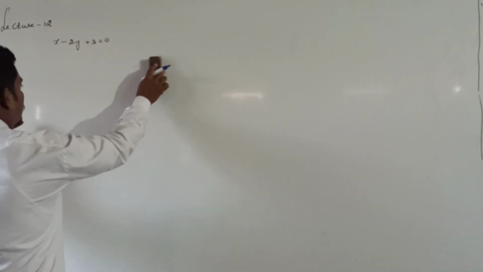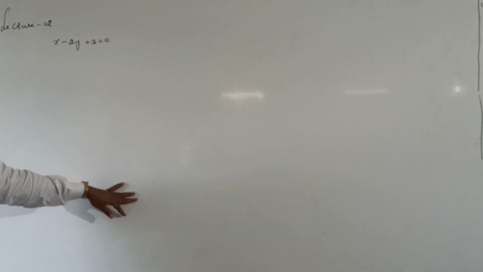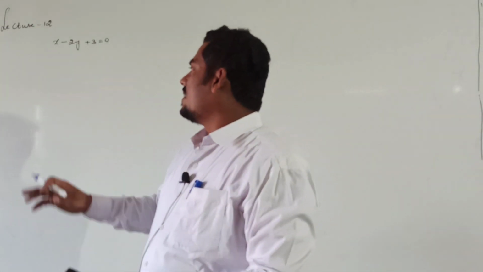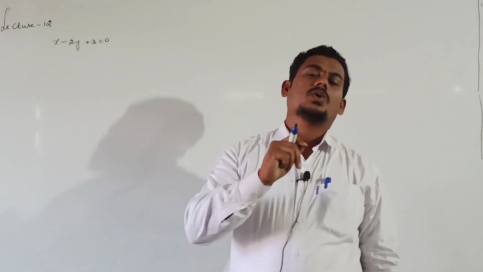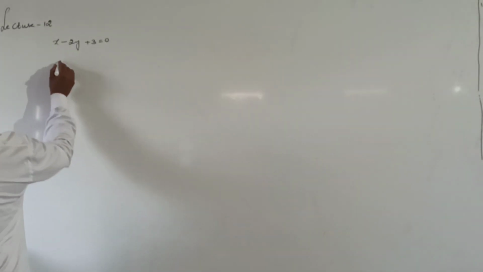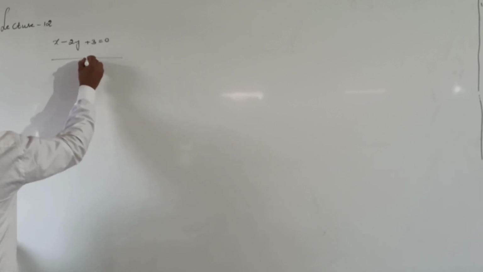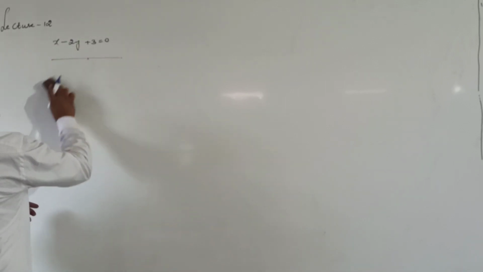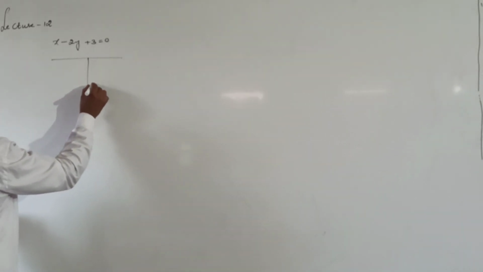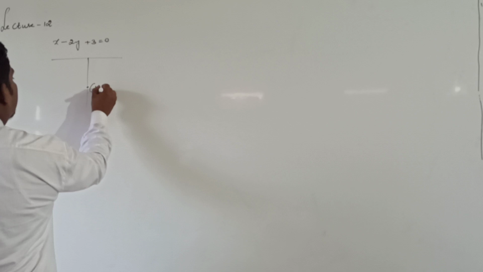In this case, what we can find? Find the equation of the line which is perpendicular to this line, right? Our required line perpendicular to this line and passing through the point. One of the point they have given. This is given line. Our required line is perpendicular to this line. Required line is perpendicular to this line and it passes through the point. It passes through the point 1 comma minus 2.